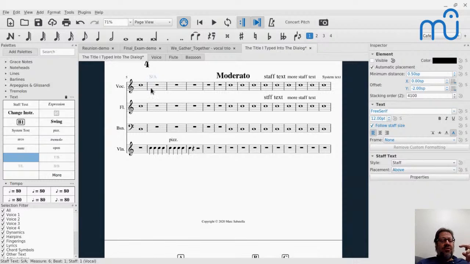But I think in order for that to work, you might have to add the staff as something other than voice. And yeah, I should know that, but I don't, because, like I said, it's new.